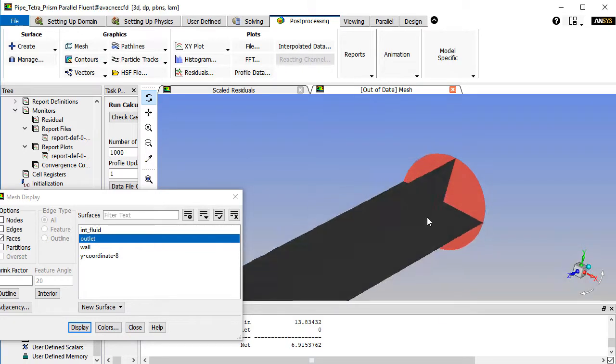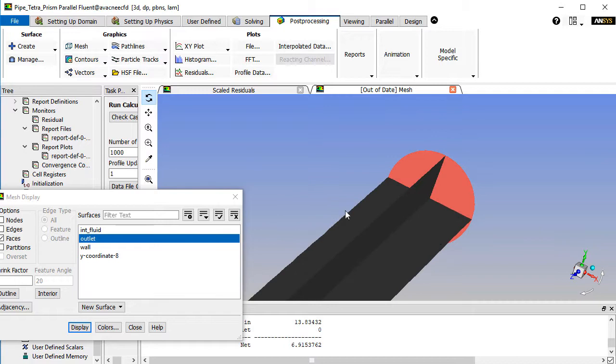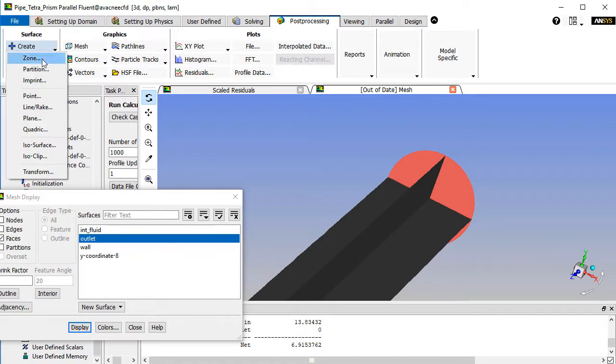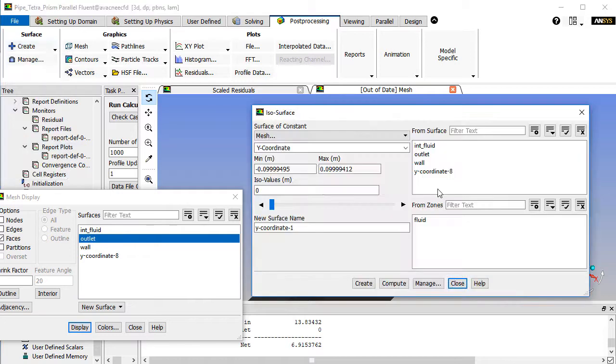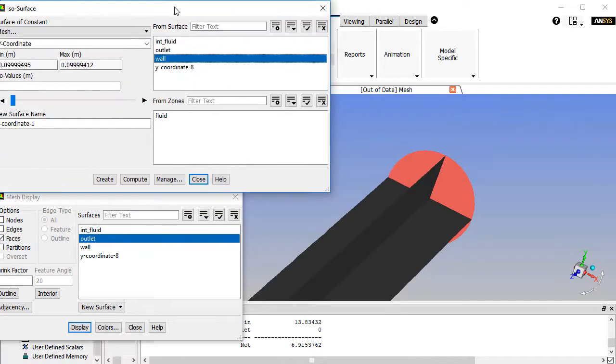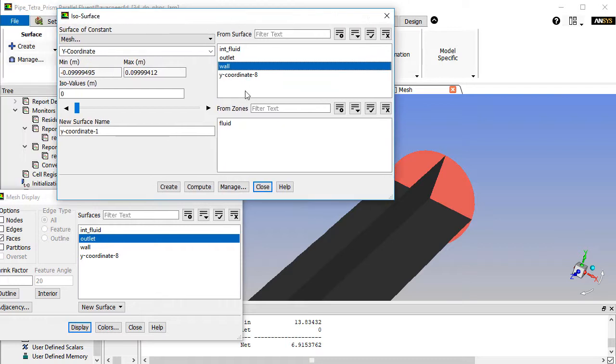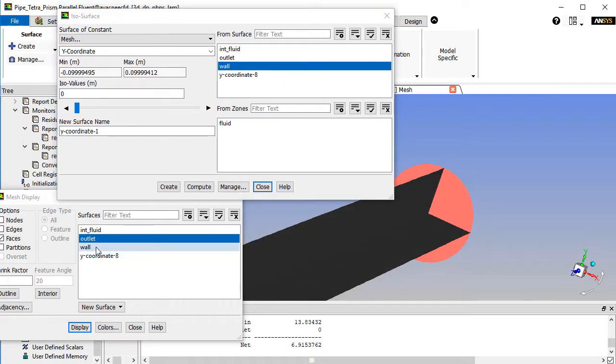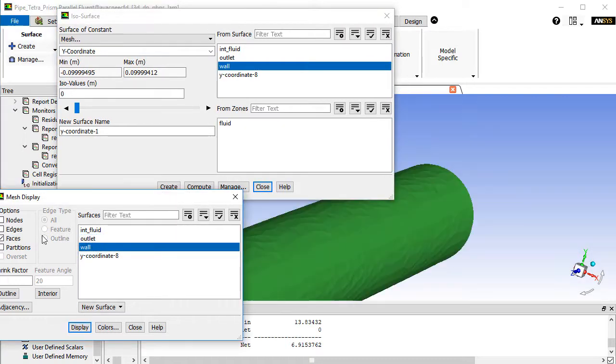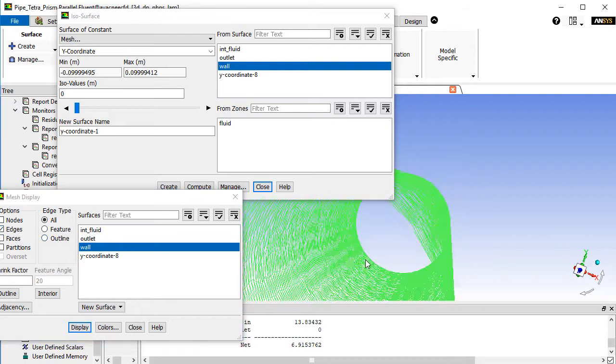But this will create the whole plane along this whole section. But I want to create just the two lines along the wall of the pipe. So I will choose the wall. This will not create a plane along the whole domain from the internal side. This will just create the isosurface on the wall of your cylinder, which is shown here. This is the wall of the cylinder. So no internal things here, only.